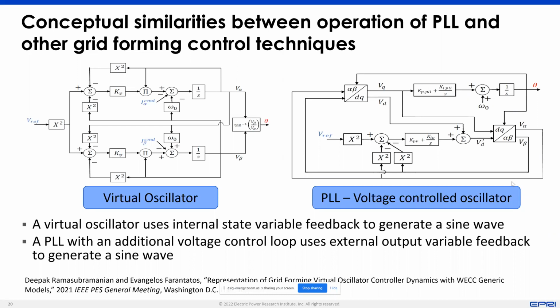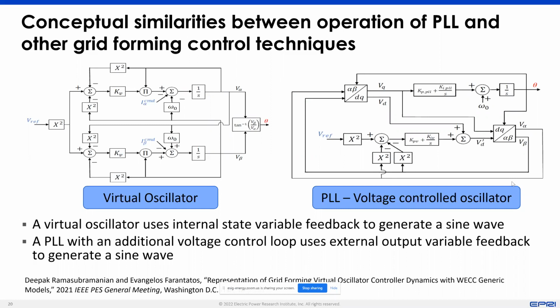And you have on the right hand side a PLL based system, which a PLL is a phase lock loop as we know it, but in control system terminology, a PLL is also an oscillator. It's a voltage controlled oscillator. So based upon how the voltage is, we can control the oscillation. Now, both these control loops, and this is where some of the aspects about black start, as you had mentioned, with PLL inverters come in, we can actually make a PLL based inverter generate a sinusoidal wave. Now, both of these controls